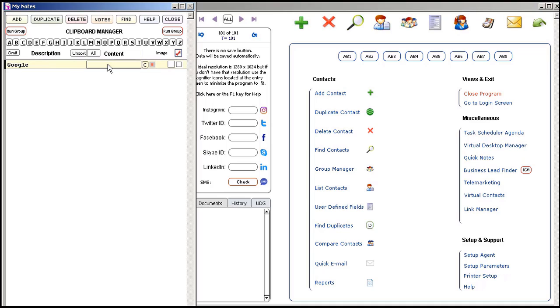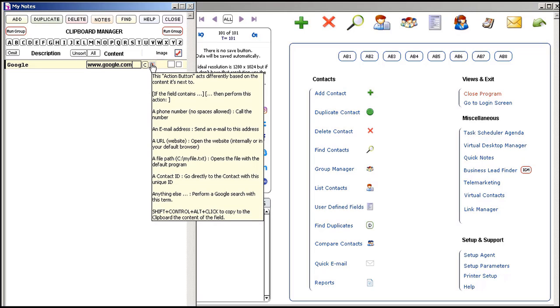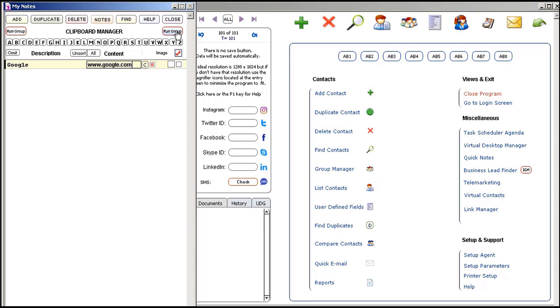So let's say that you have here Google, for example, and that is a link, and you can run it by clicking this one. But most importantly, you can also run the group. You can have groups here. So let's say that this group, I'm going to put S for search engines. Let's say, and I'm gonna add another one, and I'm gonna put here Bing, and